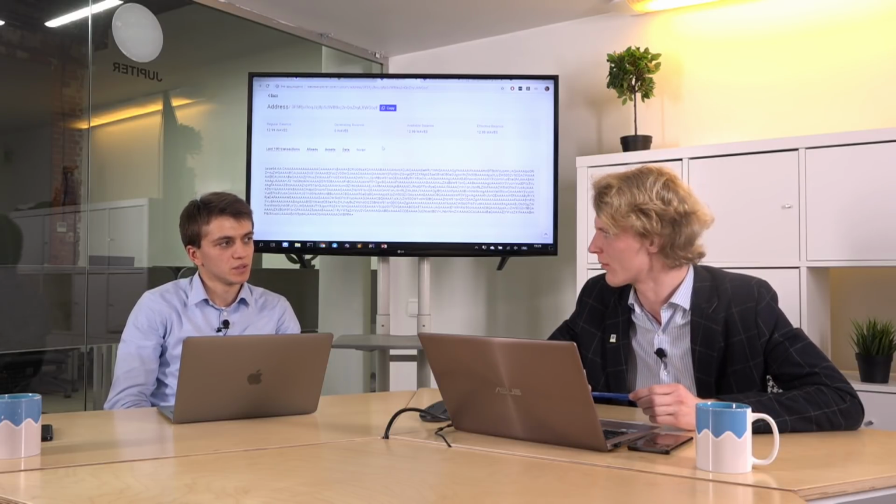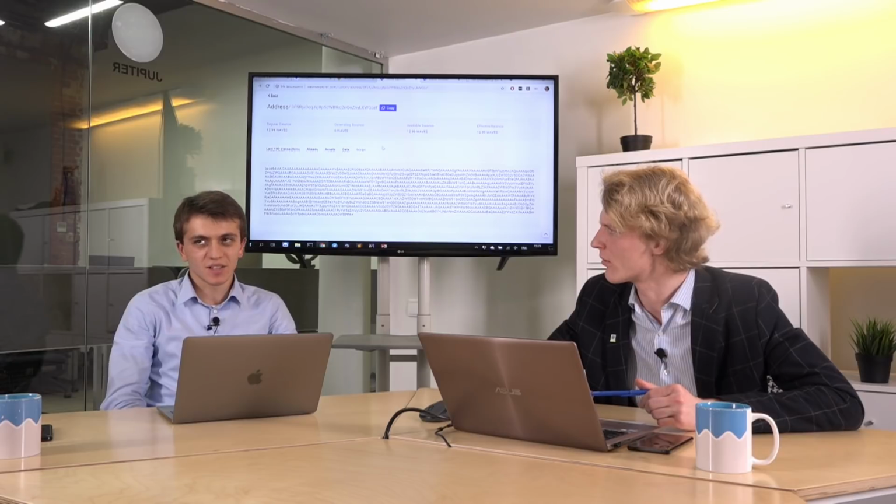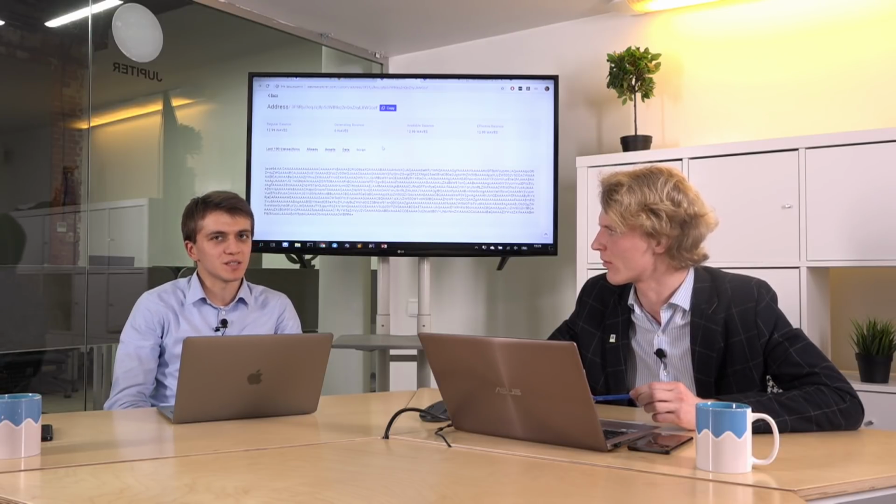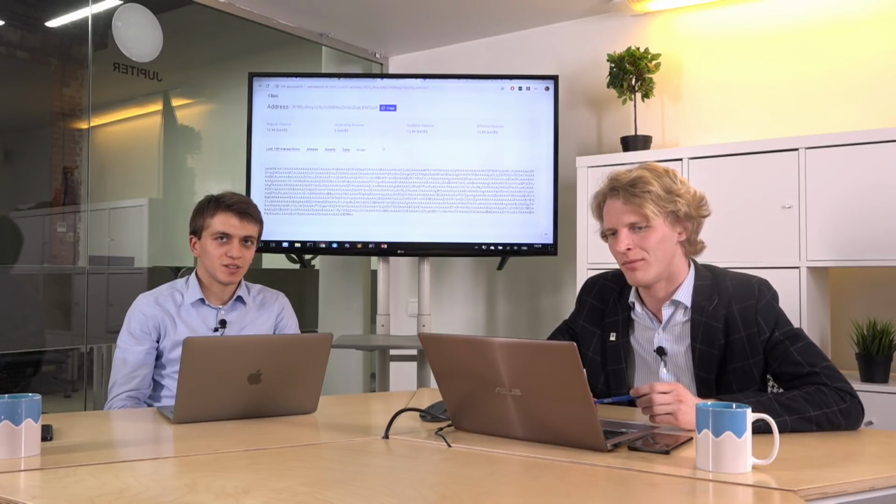Okay, so you mean that for this feature to decompile scripts, users should go to Waves Explorer to see the decompiled version of a contract. Yeah. What if Waves Keeper just shows the link? Yeah, for example. If you're still interested in Waves Keeper, we can make another video for sure. But at the same time, I think Waves Explorer is the more suitable place for decompiled scripts.